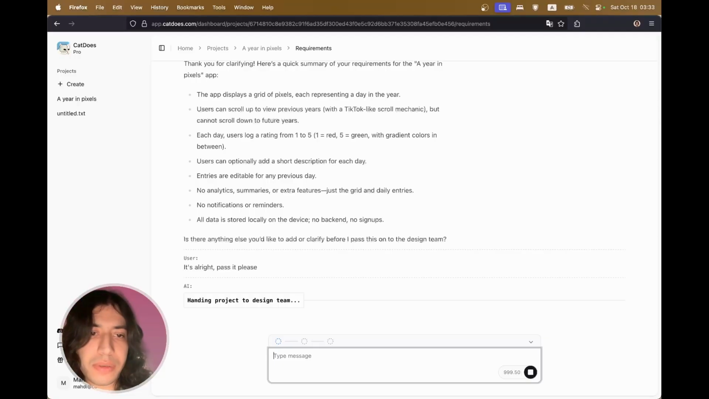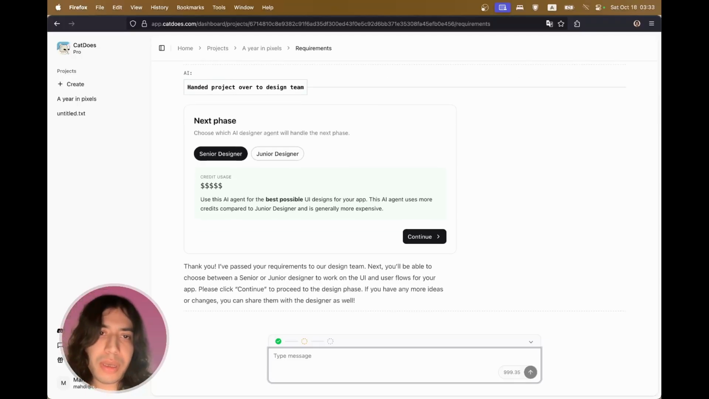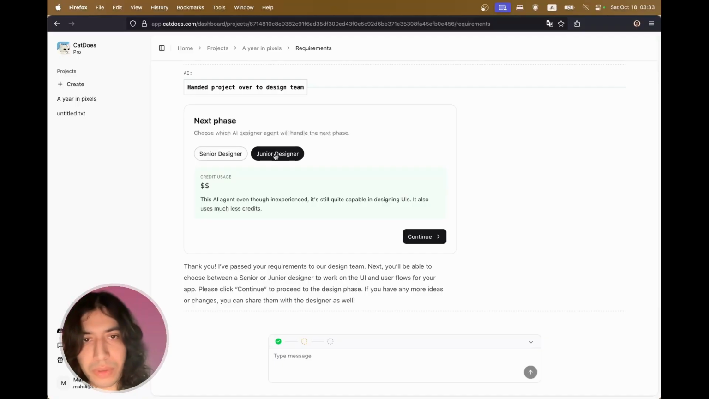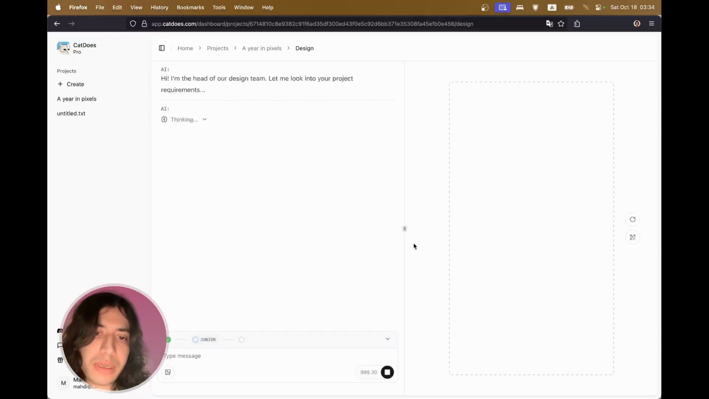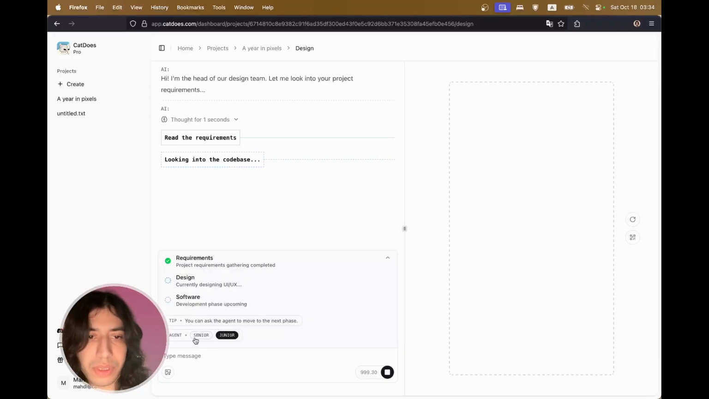Okay, and now it's handing the project to our design agent, and here we can also select if you want to proceed with our junior designer or with our senior designer. And as I said, we are going to proceed with our junior designer to see how it performs. So yeah, I'm gonna hit continue, and then now we are in the design phase. As you can see here, you can also change the agents, like switch it from junior to senior anytime that you want,